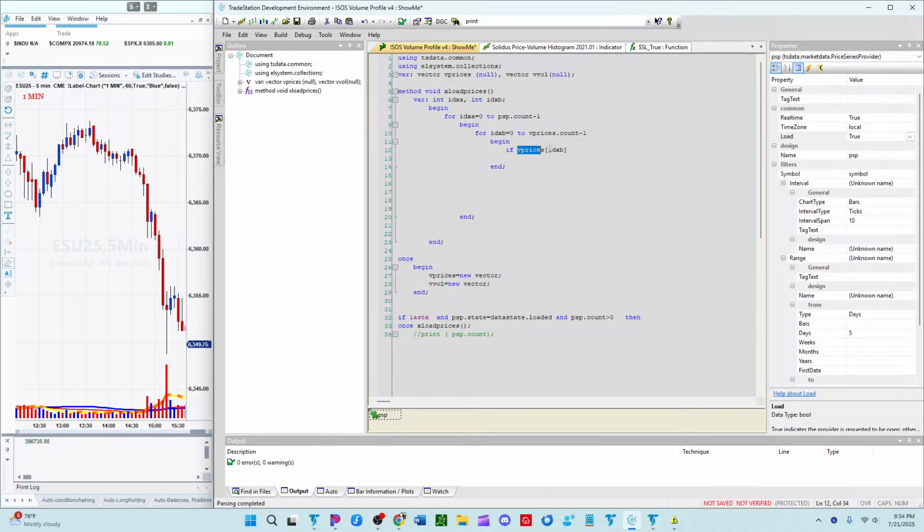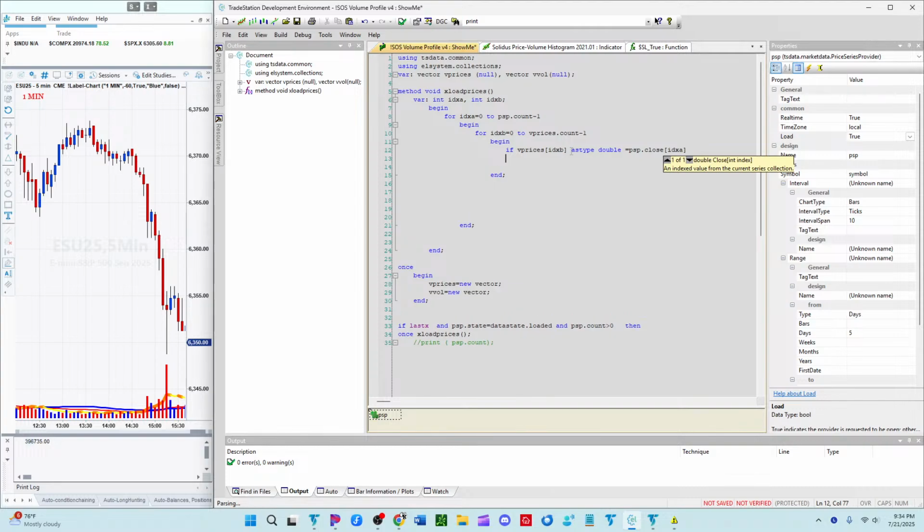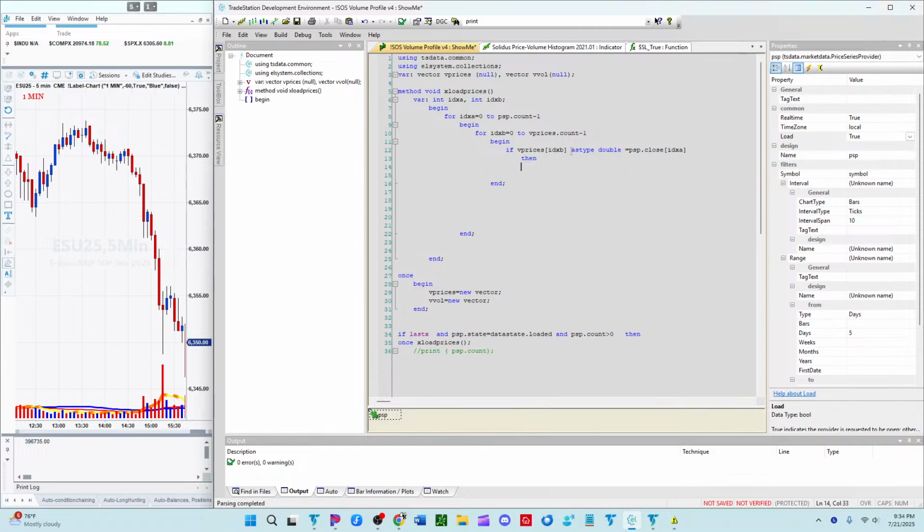So if V prices of IDX of B as type double equals PSP dot close of IDX of A, then